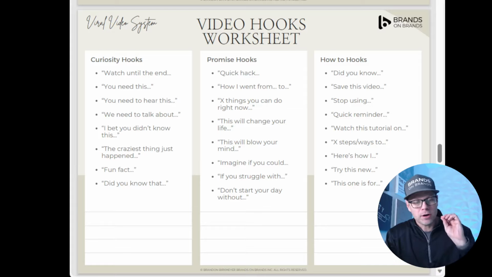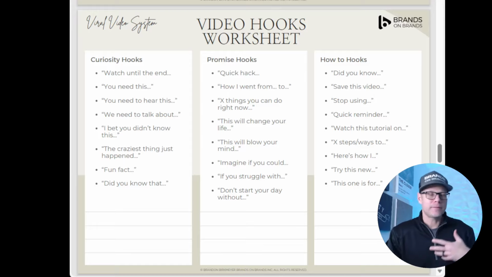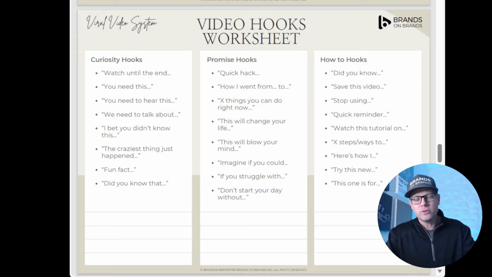So these are hooks that you can steal, try them out, see what works for you, add different intonations and inflections, try to get in character a little bit, and have some fun with it. And then as you play with it, you can write your own down on the sheet too. There are some spots here at the bottom for you to just fill in what creatively comes to you. And ideally, after you do this over and over again, you start to make it your own.